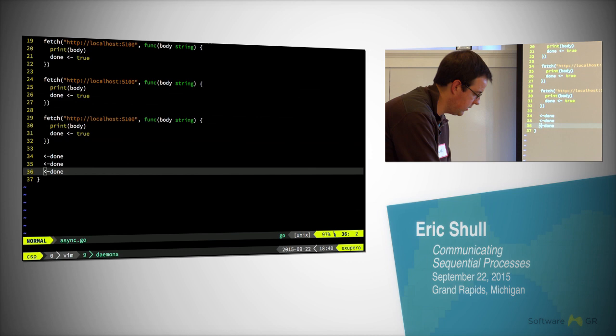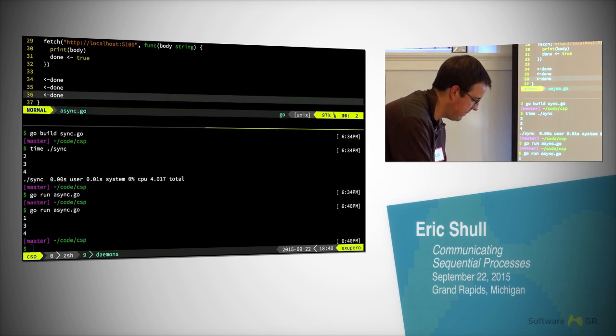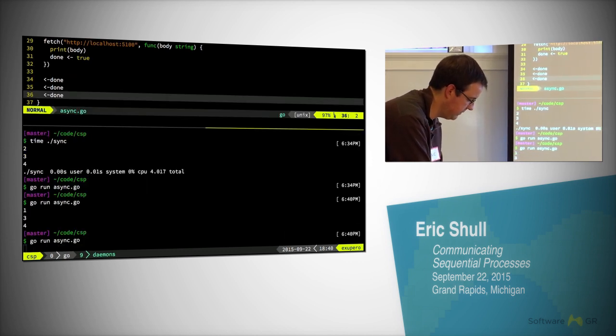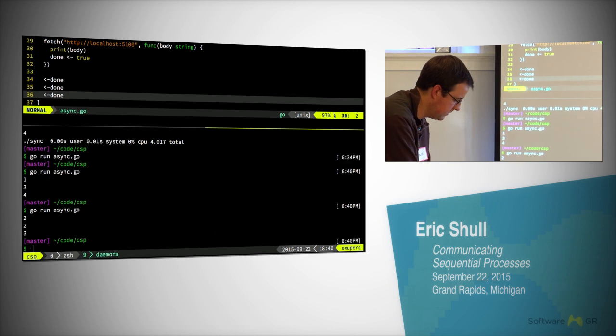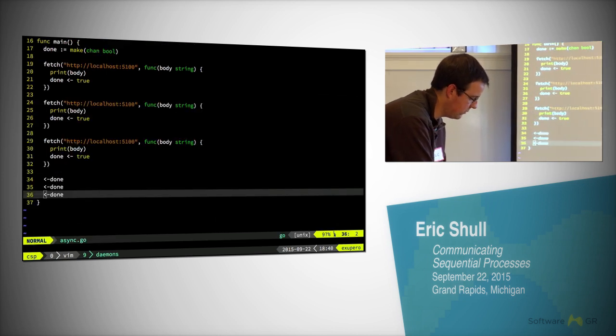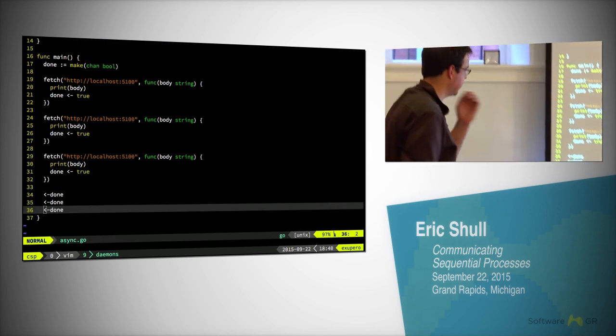All right, so I think those just happen to be in order. If we do this again, it probably won't be. Oh, right. What am I thinking? This is the asynchronous example. So